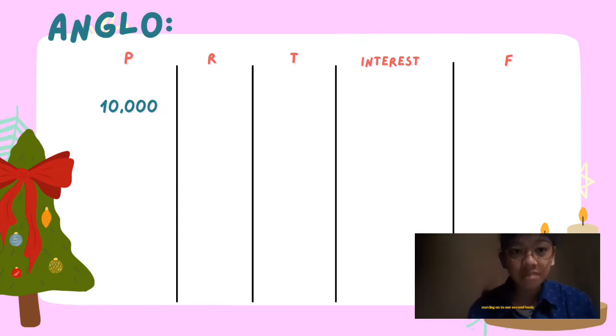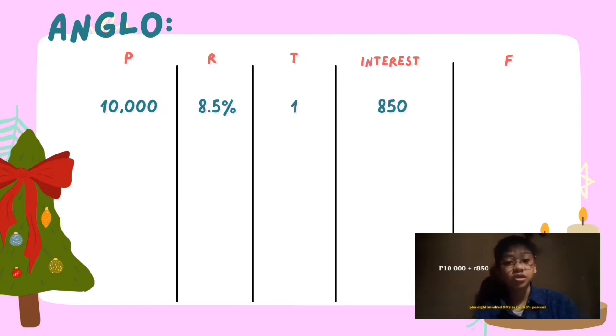Moving on to our second bank, we have Penny Anglo's Bank, which offers 8.5% interest. Again, we will just get the interest of the amount and add it to the principal value. For a recap, our principal value is 10,000 pesos. Now, we're going to proceed to the computation. 10,000 pesos plus 850 as the 8.5%, and the total for the first year is